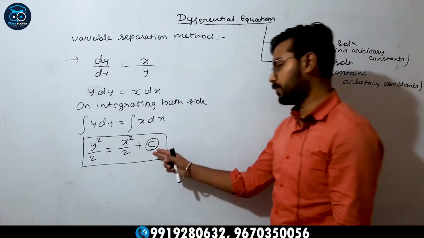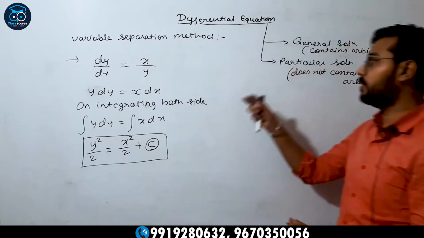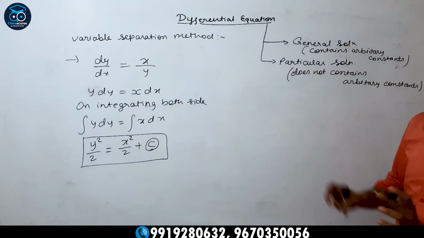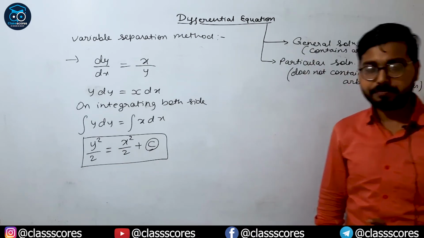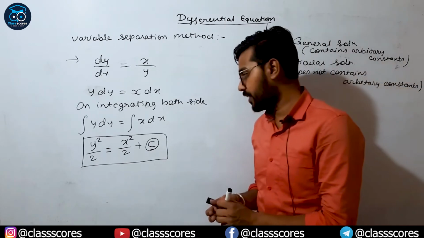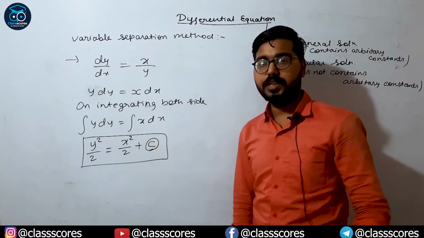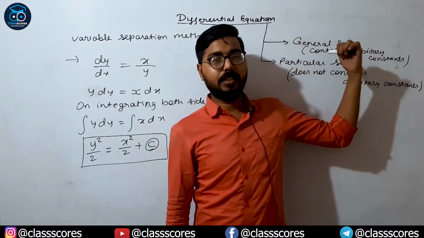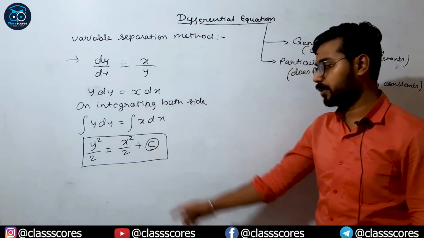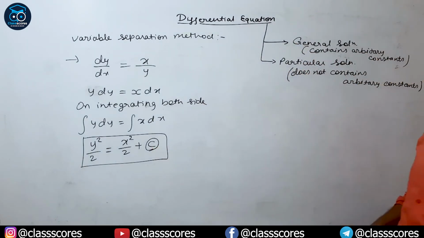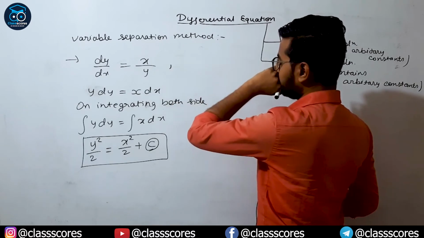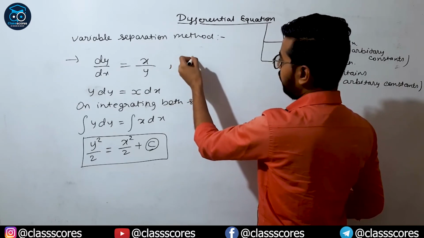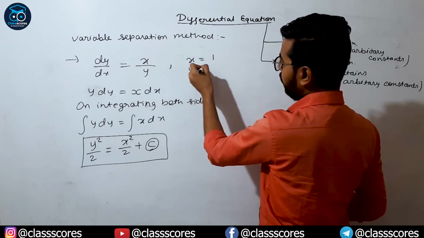And here if we substitute the value of c, then it will become the particular solution. So this is the basic difference between both these solutions. Clear? If an equation has any arbitrary constant, then those equations are known as general solutions. And here if we substitute the value of the arbitrary constant, for suppose if one thing is given, that the value of x is 1 and the value of y is 1.